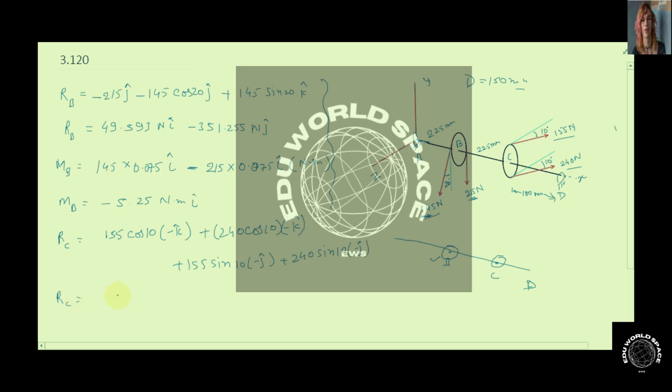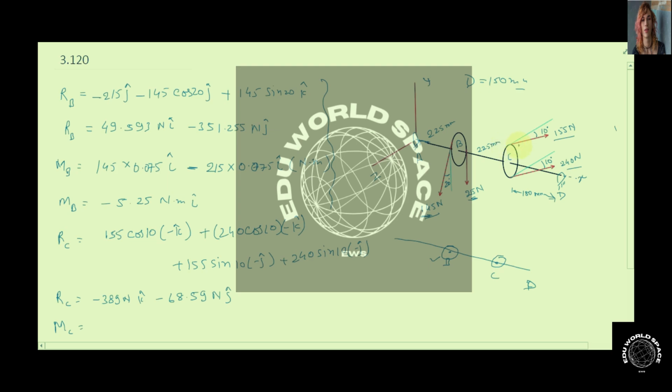So RC comes out to be minus 389 Newton k cap minus 68.59 Newton j cap. So this is the equivalent force at point C because of these two forces acting on the pulley C. Now if we talk about the moment about point C, since this 155